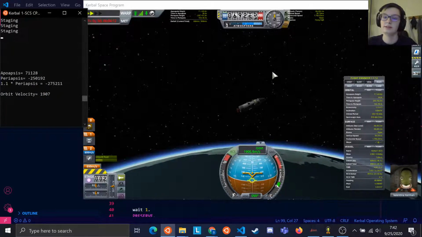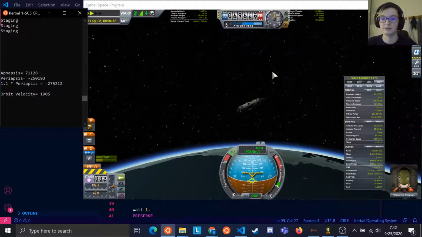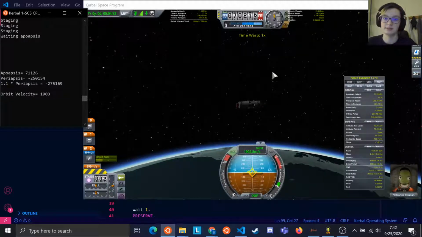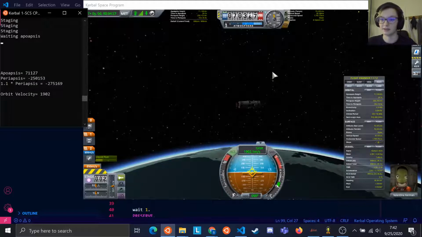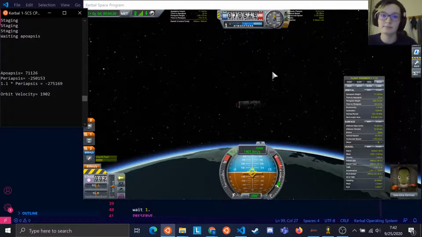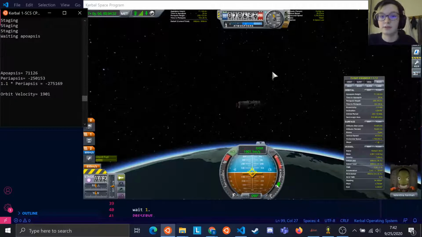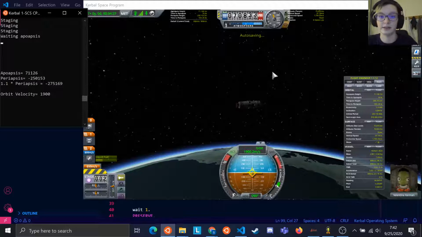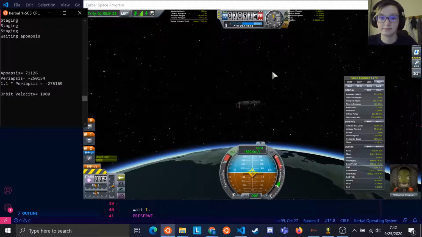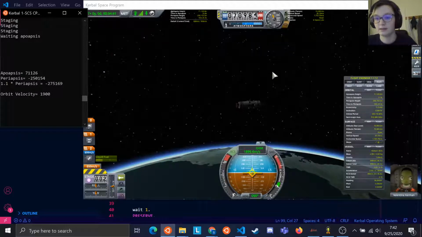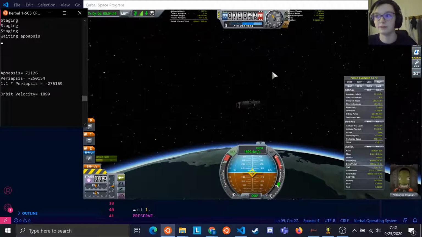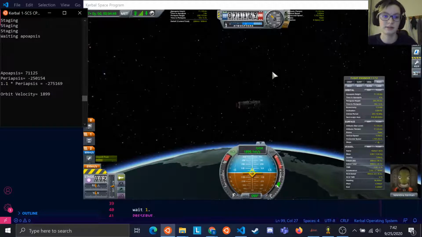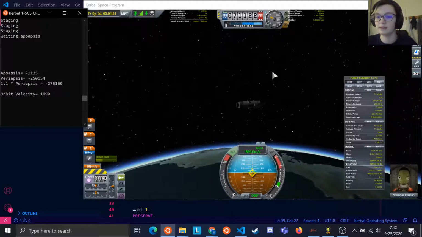The speed here is only 2 times since it's still very low, and as you can see, during this there's the possibility of having slight maneuvers. If you're watching the delta V, it's currently at 899 meters per second left. And we should get to about 500 meters per second left at the end of the circularization procedure,